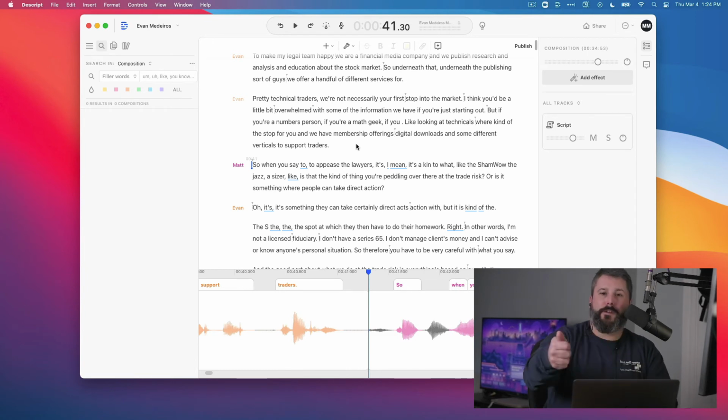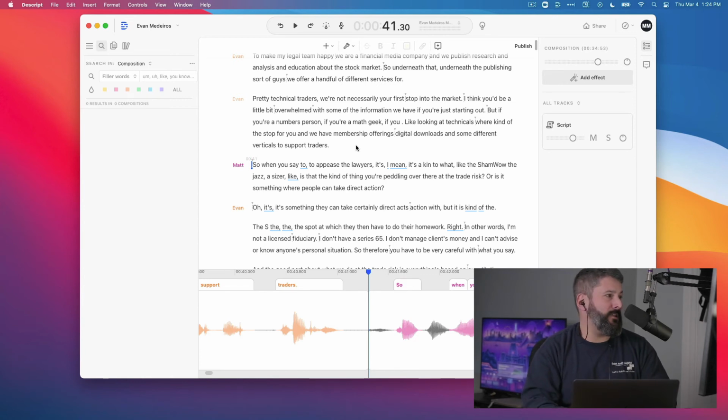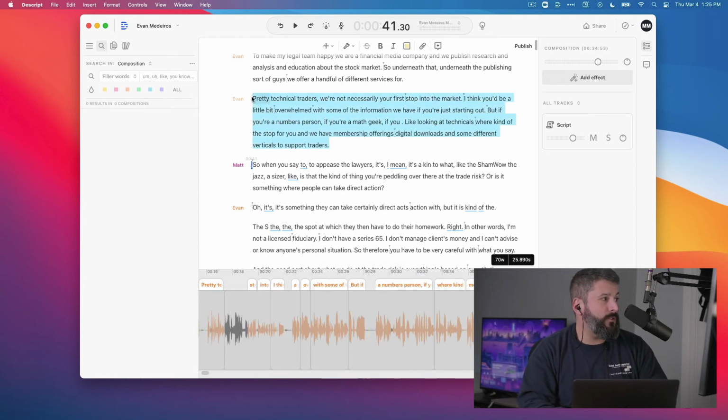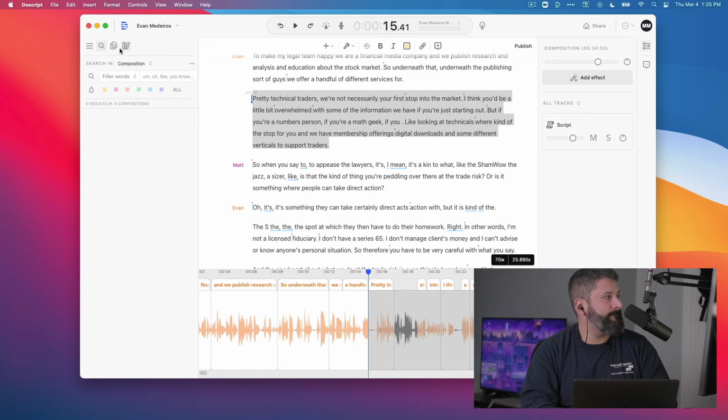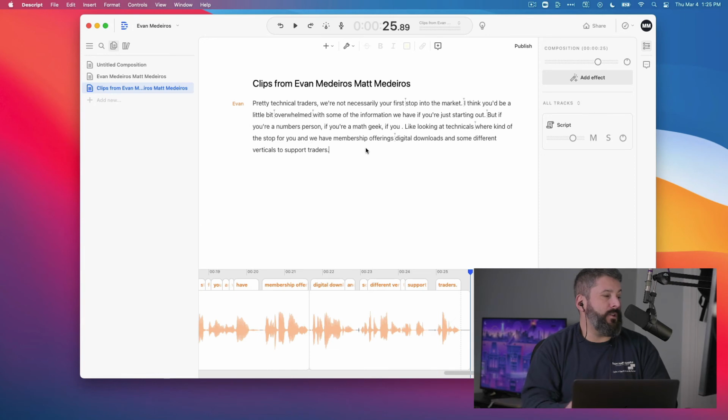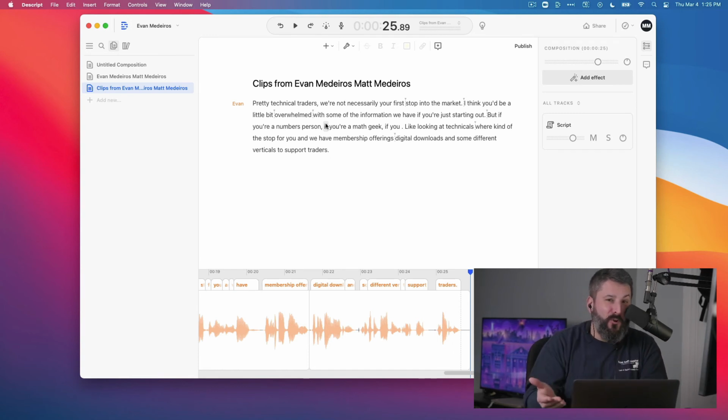And this is great for transcribing or grabbing the transcription, correcting the transcription that you're going to use on your website or in your podcast show notes. Or if you use Descript like I do for a lot of audiograms, if I clip this paragraph to a new clip, this is one of the reasons why I really like Descript is I can turn this into an audiogram, and going through and editing the text for correct spelling, the correct punctuation, the correct word if they get the whole word wrong is paramount to a successful